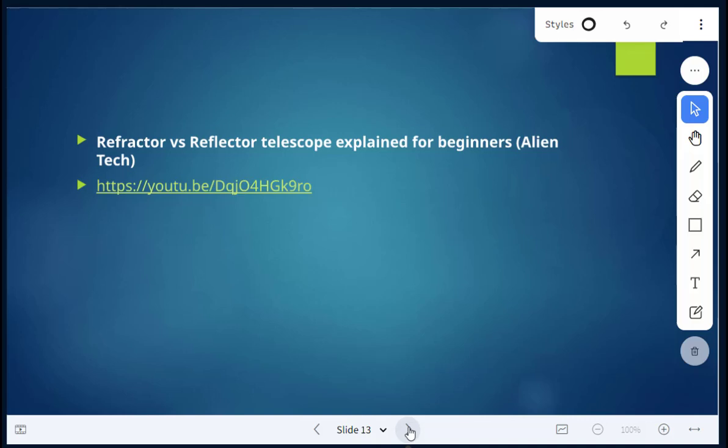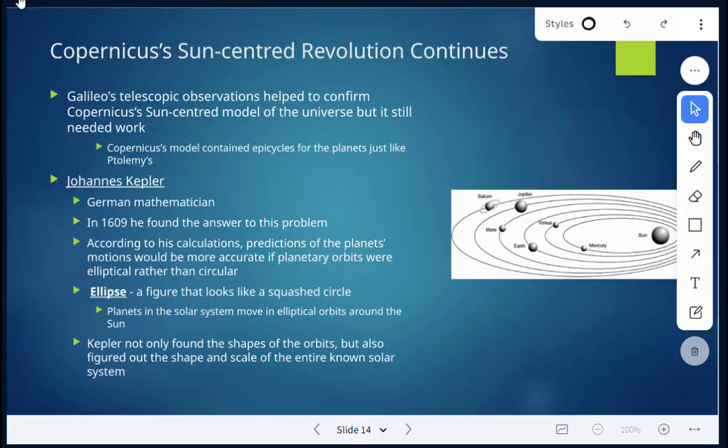All right, so that was a little bit about the two types of telescopes. So next, Copernicus's sun-centered revolution continues. Galileo's telescopic observations helped to confirm Copernicus's sun-centered model of the universe, but it still needed some work because Copernicus's model was still using those epicycles for the planets, just like Ptolemy's model. So then came